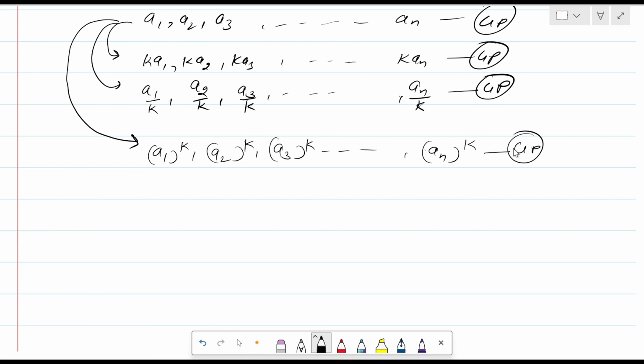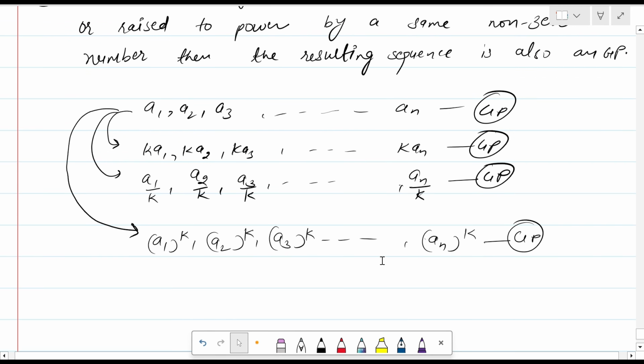So clearly, can you compare this with the AP? In the AP, it is true for addition, subtraction, multiplication, and division, and in the GP it will be true for multiplication, division, and raising to a power by the same constant number. So now,